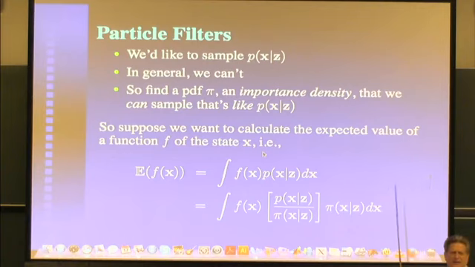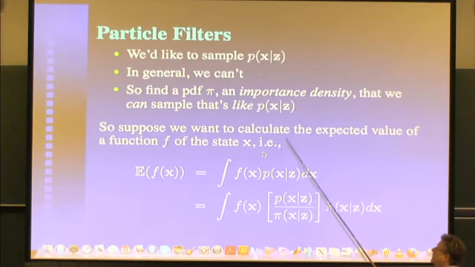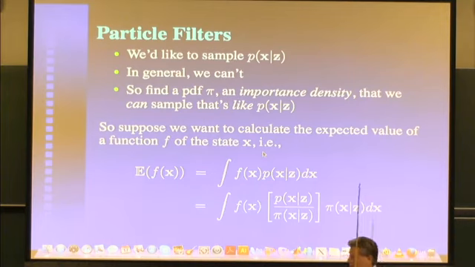It's interesting, wasn't the other day International Pi Day or something like that? And we call that an importance density. And it's a PDF that we can sample that's something like what we want to sample. And then all we do is we multiply and divide by it, which obviously changes nothing, unless you get a 0 divide. These things can't be mutually singular, obviously. But as long as they're not mutually singular, you'll get away with this.